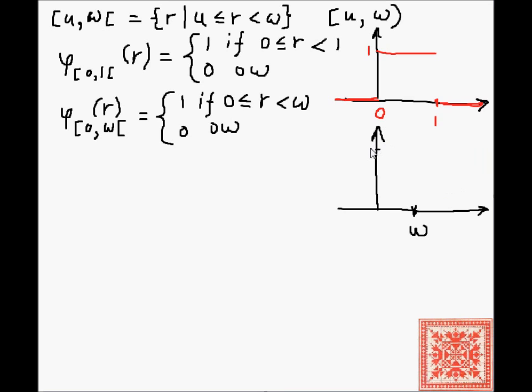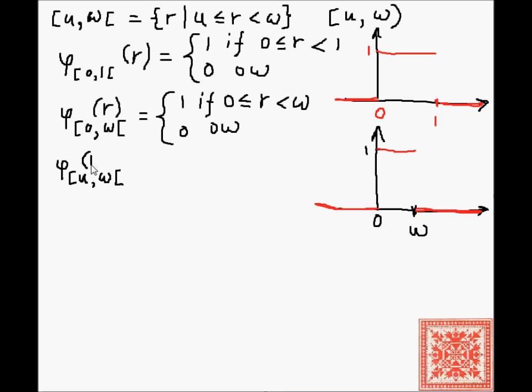So this is going to be 1 from 0 to w included, and then to the left of 0, we're also going to have 0. Okay, so if we want to start our interval from some value u, included, and go to some value w